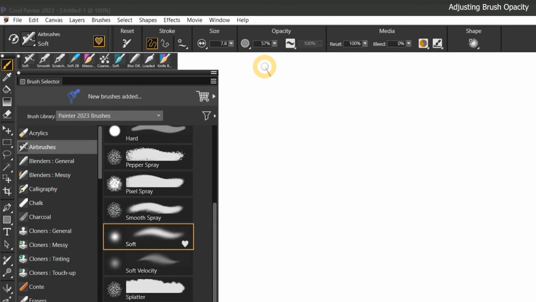Alternatively, we can use the number keys on our keyboard. I can press 1 to set the opacity to 10%, or 9 to set the opacity to 90%. 5 sets it to 50, and so on. I don't often change the opacity setting unless I find a brush is a bit too strong or a bit too weak. Typically, I build up opacity gradually using overlapping strokes,